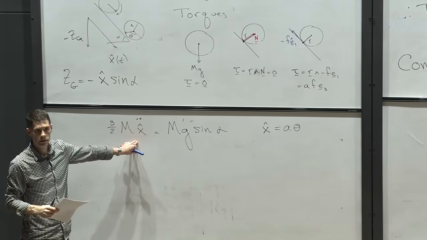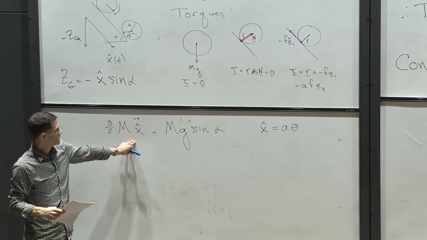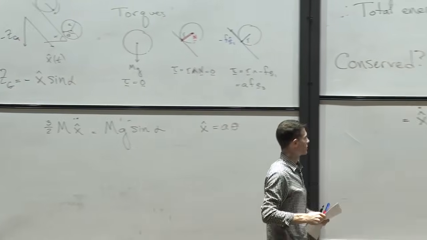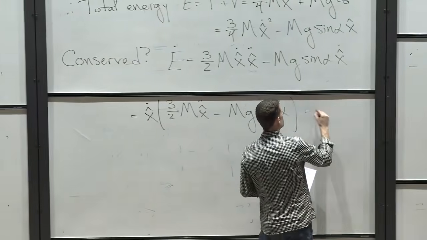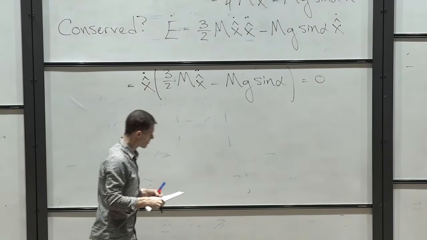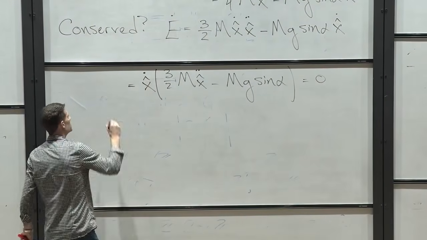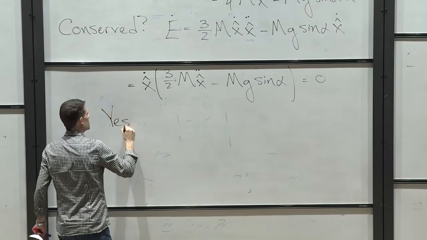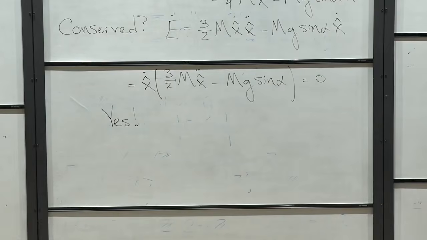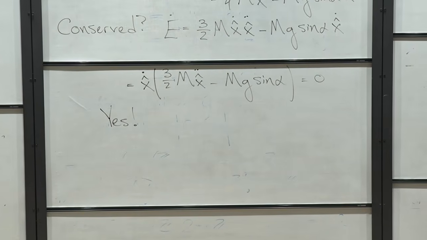This is what x hat satisfies. So the quantity in the parentheses is 0, which means this is 0. So energy is conserved,